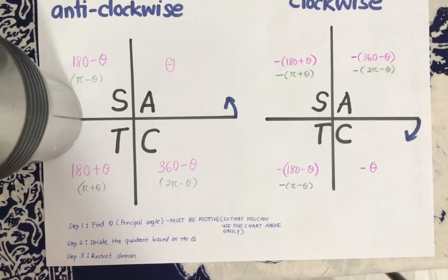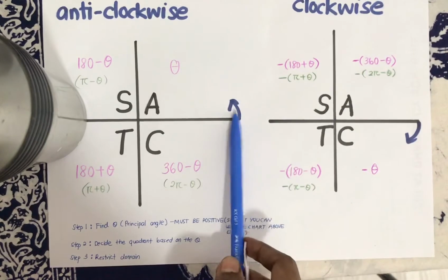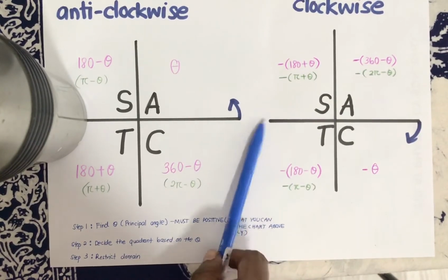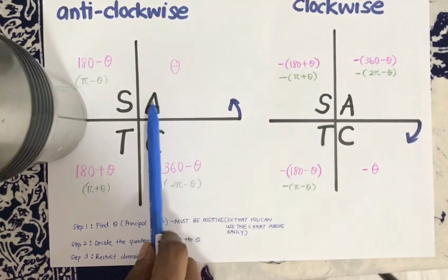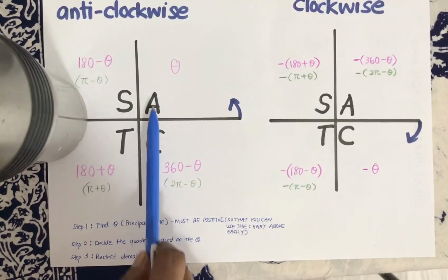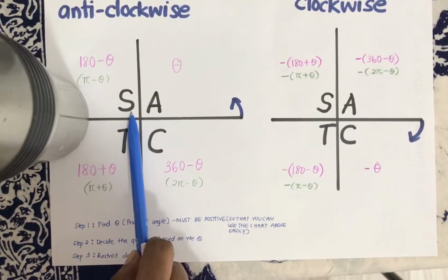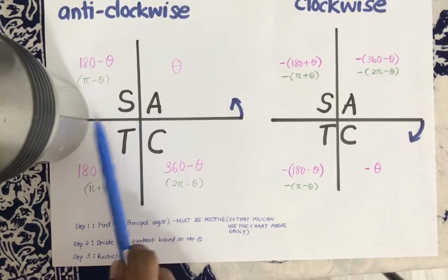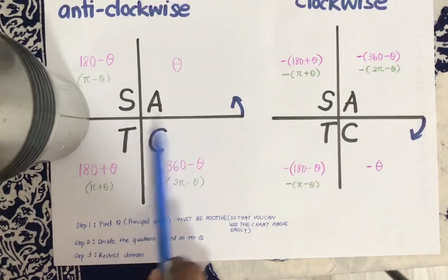Okay, let's see what you have already known so far. You are very comfortable going anti-clockwise. So let's see, if it is anti-clockwise and clockwise, the similarity is the ASTC. All sign teacher crazy doesn't change. In the second quadrant, the sign is always positive. If it is in the fourth quadrant, the cos is always positive. So this thing doesn't change.